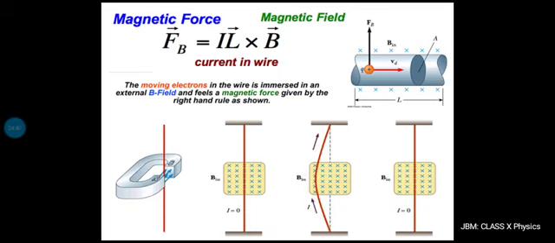Now one question might arise, this force that I am talking about is primarily due to flow of charges. The current flow is due to flow of charges. So obviously this force is being experienced by the charges. So if we consider one particular charged particle and then it is moving in an external magnetic field, how that force can be visualized.